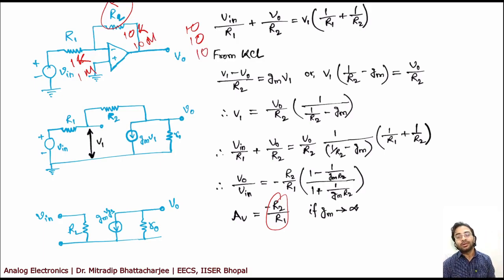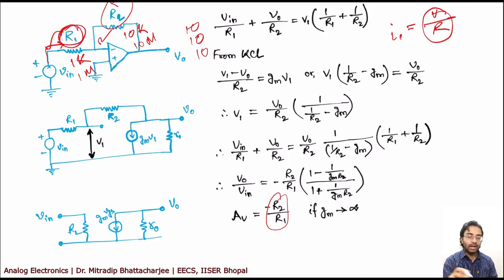Now the question is, what should I put? Any of these choices will give you a gain of 10, but what should I put? If you put a very low resistance, it will drive a lot of current through it. Why? Because if you see here, your I1, say whatever I is actually V by R, right? Whatever current is going, it's actually V by R, the potential drop between these two by R. So if your R is very low, your I will be very high. So whatever source you have put here, it will extract a lot of current from it, which is not desirable in practical case. When you are doing experiments in laboratory, that's fine.